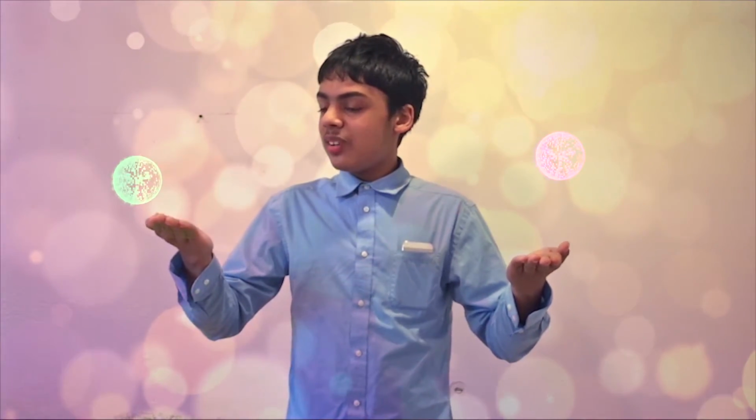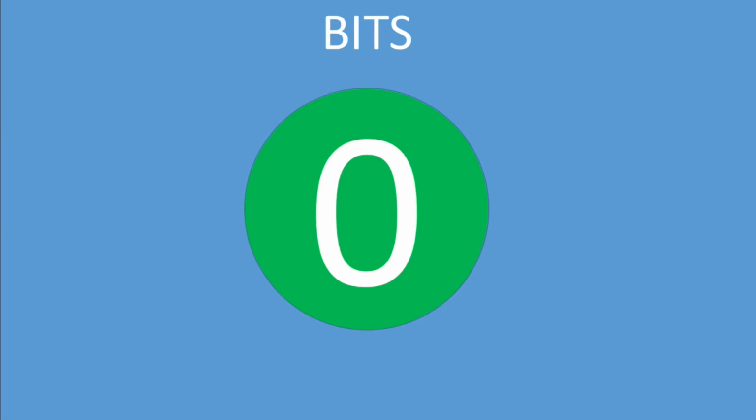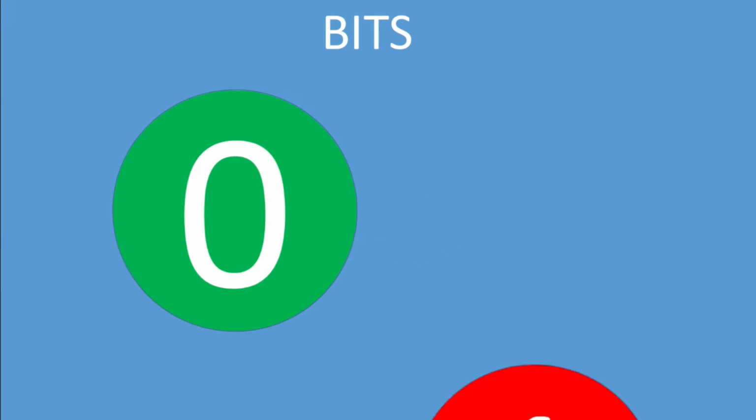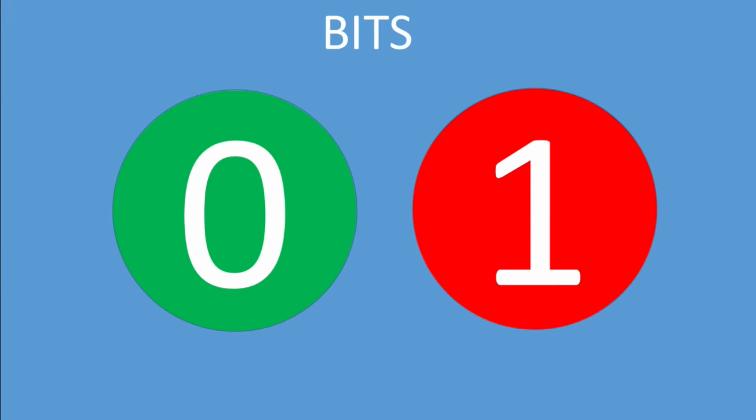For example, if the electron is spinning in the clockwise direction, instantaneously the positron will be spinning in the counterclockwise direction. Let's see how these two wonders of the quantum world, namely superposition and entanglement, can be used to create a powerful computer. In computers today, information is represented as sequences of bits of 0 and 1.